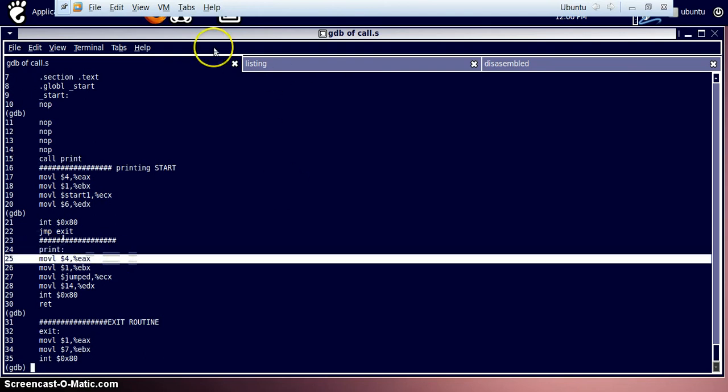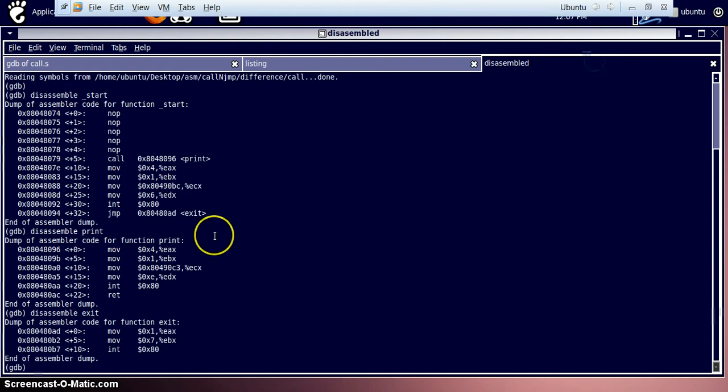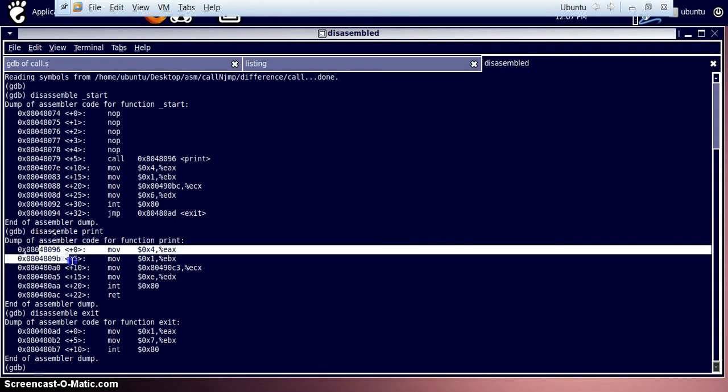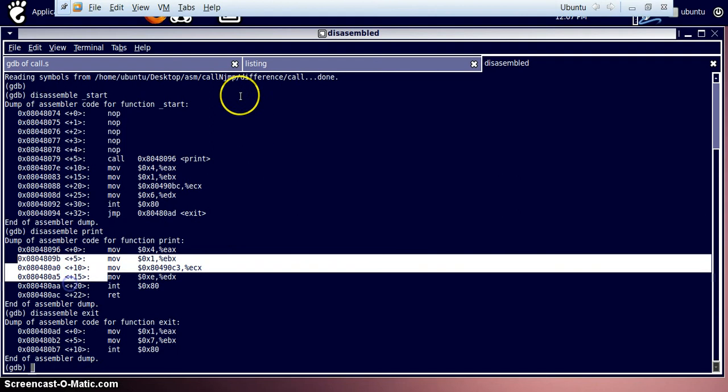So where is our instruction pointer pointing to? It is pointing to 8096, which is the address of our print label. So the execution flow is at this section. So let it complete this print routine.